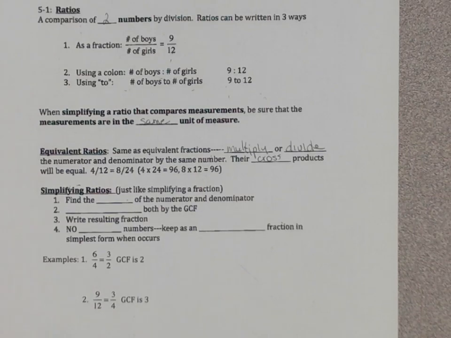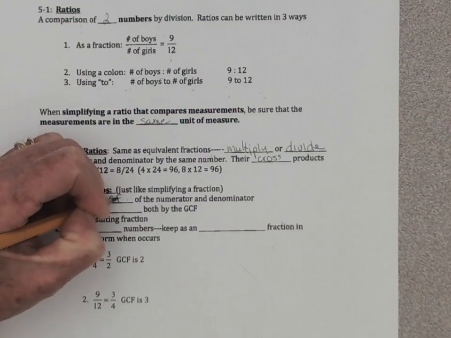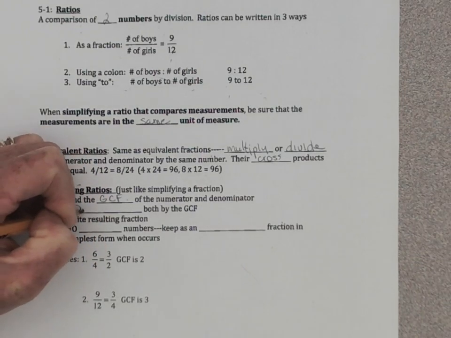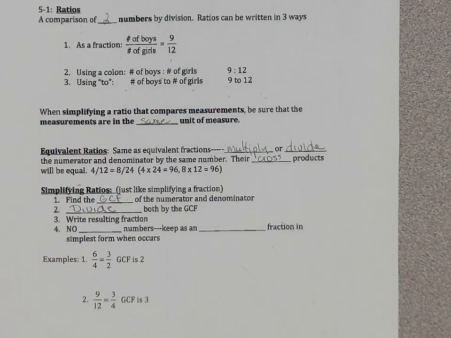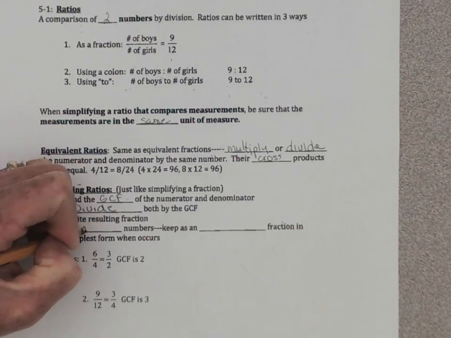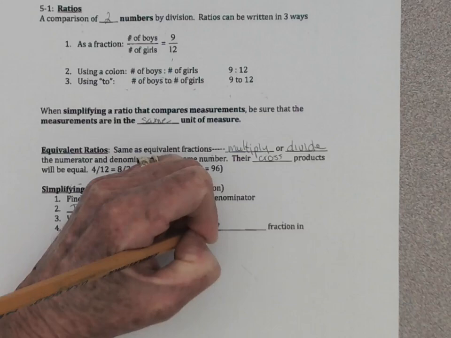When you simplify ratios, it's just like simplifying a fraction. So find the greatest common factor, divide both by the GCF, and write the resulting fraction. What you need to know is we don't want to have any mixed numbers. So leave it as an improper fraction